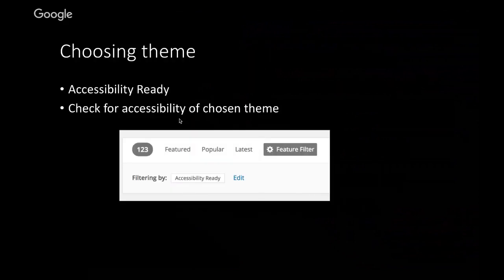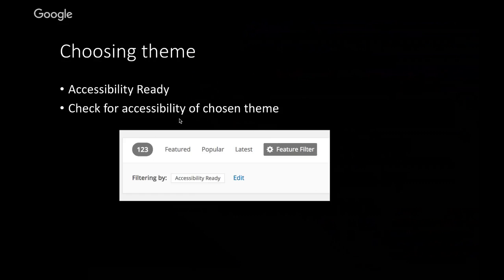So this is the solutioning part that is coming up. The first thing is, when you're choosing a theme, you need to consider whether your theme has accessibility features, because you want to save your time. You don't want to pick up some theme and start retrofitting it, which takes a lot of time. But thanks to our teams who evaluated quite a lot of themes at the WordPress accessibility team,